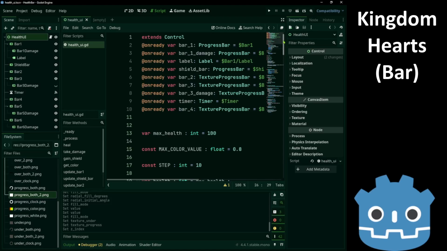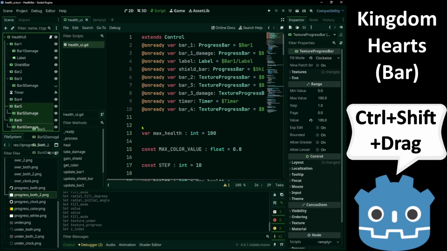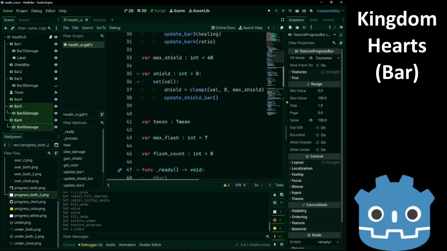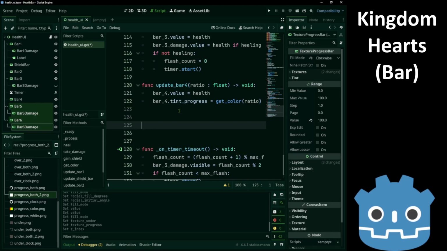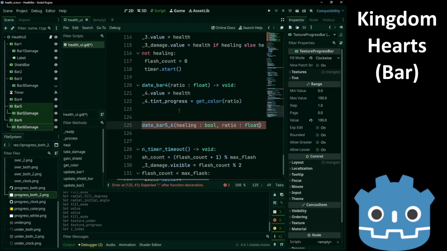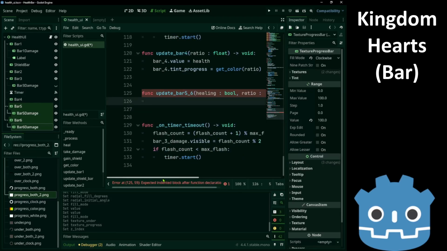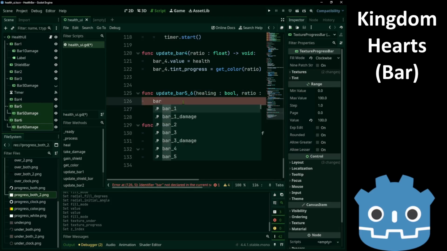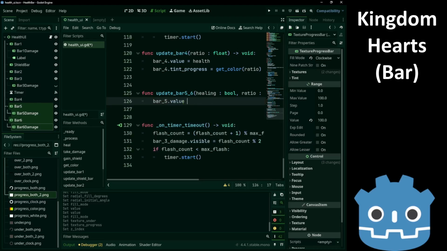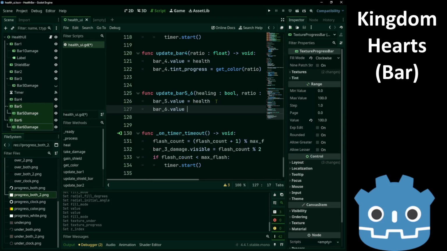Now in our script, drag them here. Okay, so we set the bar 5 value, health, and bar 6 dot value is also going to be health.